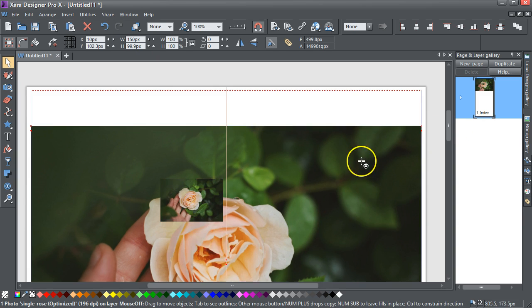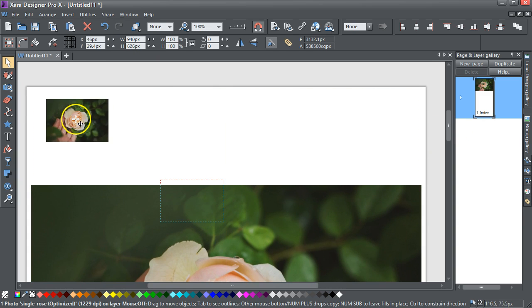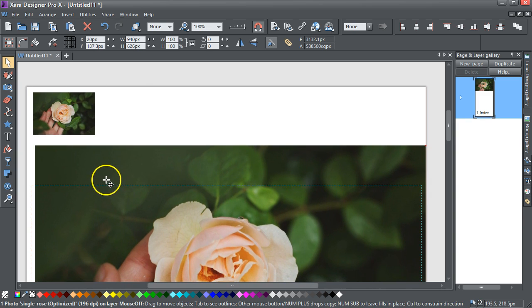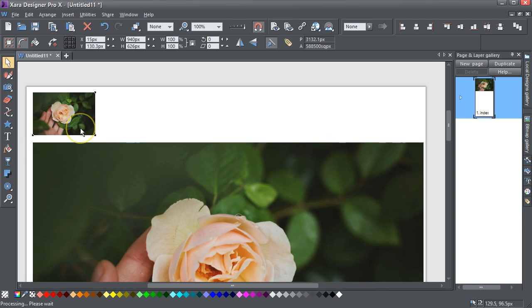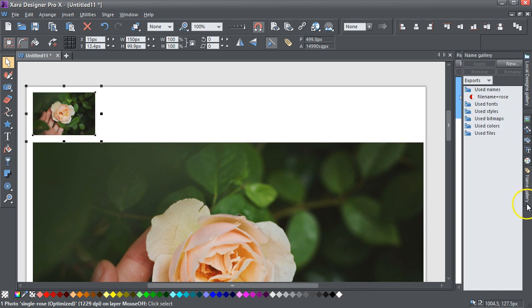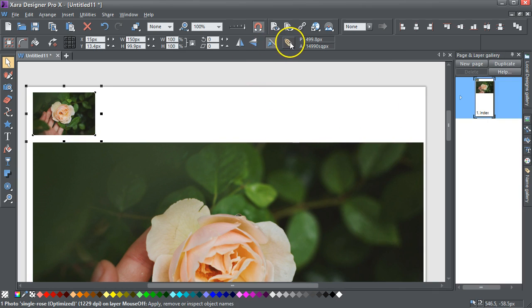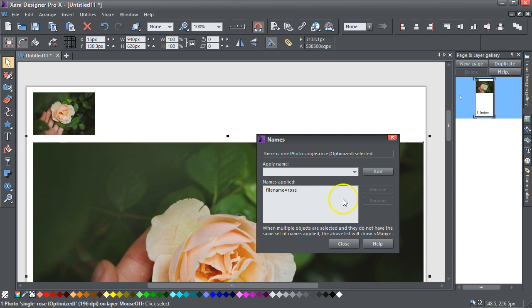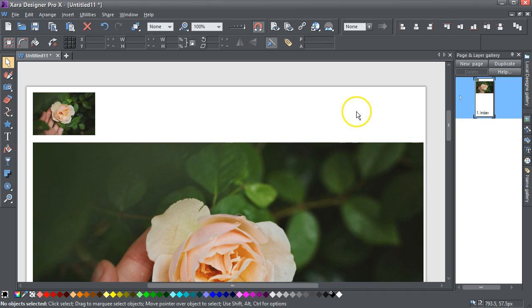And what I'll do is I'll move the bigger one down, put this one up here somewhere so you can see it. Now if I look at the name gallery, that's still called rows. If I look at that one, that's still called rows. Which is fine. But when I go to publish it,